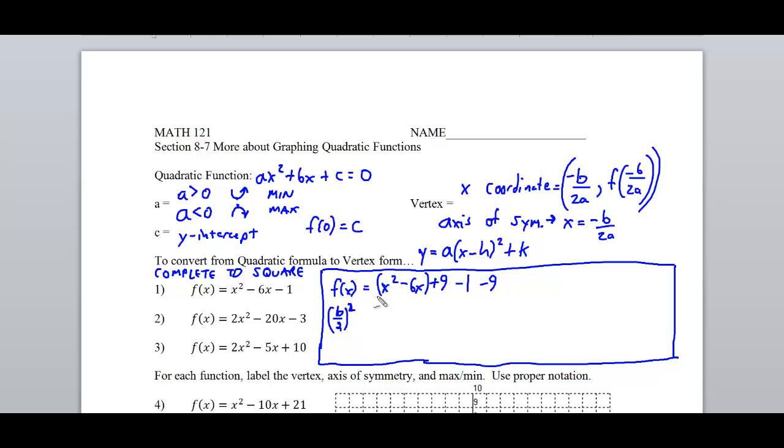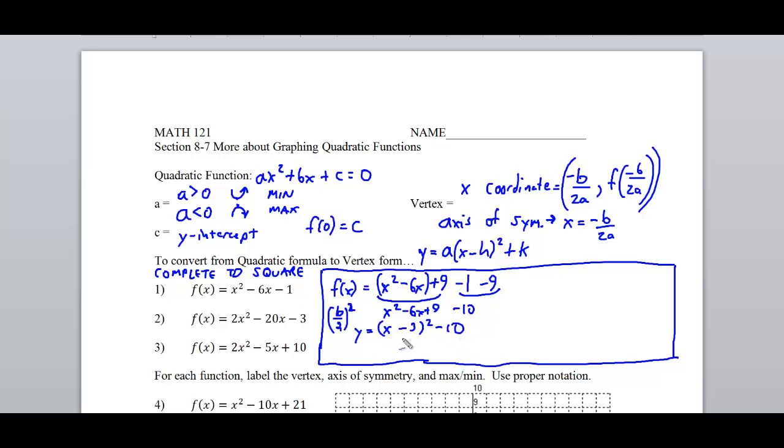And what this is going to give me now is that this trinomial becomes x squared minus 6x plus 9, and this leftover part here is minus 10. Now this trinomial becomes (x minus 3) quantity squared minus 10. So my y equals, or f of x equals, what used to be my x squared plus 6x minus 1